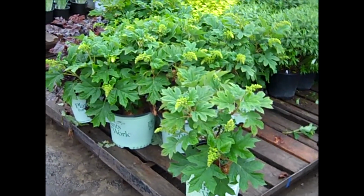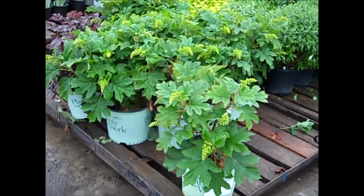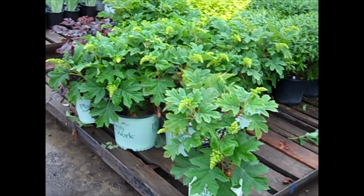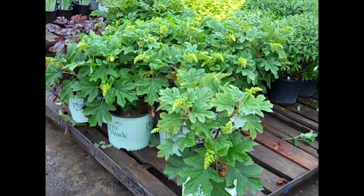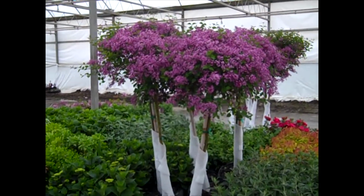This is Hydrangea Corsa Folia Ruby Slippers. And you know, I told you they were going to start to set flower, and here it comes. So this one has a red flower, which is really stunning once it starts to open up. It's a little dwarf habit, and it has very interesting bark too for the winter interest. This is an award winner, Ruby Slippers. So, you know, we're going to see these throughout the dock, and this is Syringa, this is Bloomerang Dark Purple,